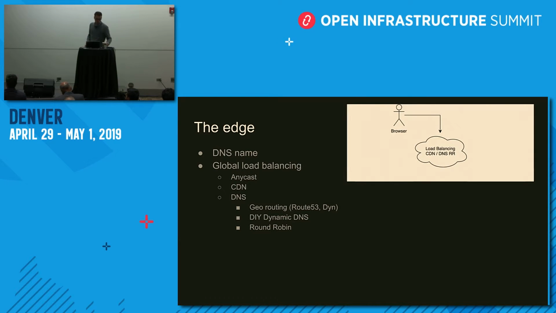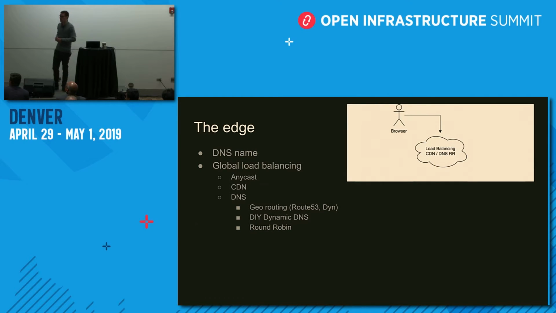All right, so when your customer wants to reach your application, the first entry point is that they're going to enter a DNS name or some form of URL. This is the place where we start. They're going to enter the address of your application, and you're going to need to do some form of global load balancing because you're multi-cloud. You're going to need to send this request to this or that other cloud based on whatever policy or metrics you have defined. And there you have a couple of possibilities. You could do something with Anycast. Usually that's not really available in public cloud providers, but if you are private cloud based, maybe that's an option you have.